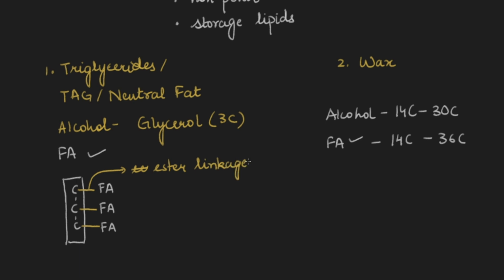And that's why sometimes we call glycerides fatty acid esters of glycerol. Depending upon what kind of fatty acid is there, whether it is long chain or short chain, saturated or unsaturated, the whole property of that triglyceride will change. A few examples of triglycerides are the vegetable oils we use for cooking, ghee, butter, etc. A few examples of waxes are